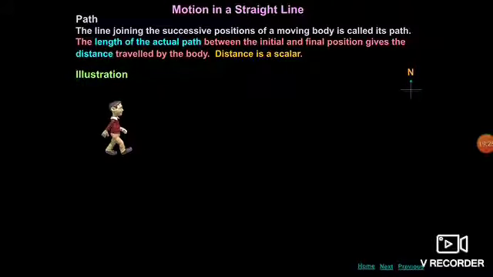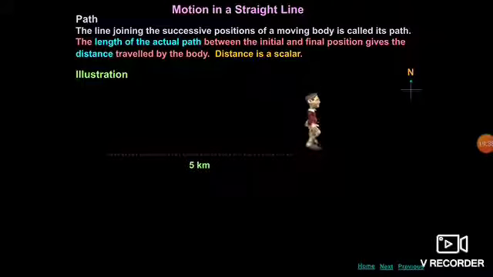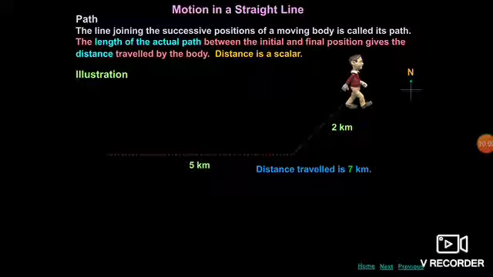In the illustration we have shown a person, and on the right hand side there is the north direction, the geographical north axis. The person is now moving. You can see that he is going straight. Now 5 kilometers has moved. In the next, he has gone 2 kilometers. Clear? First he has gone 5 kilometers straight, now 2 kilometers. He is moving in a particular direction, you can say at some angle theta with the horizontal line. Distance traveled is 7 km. 5 plus 2, distance is 7 km.